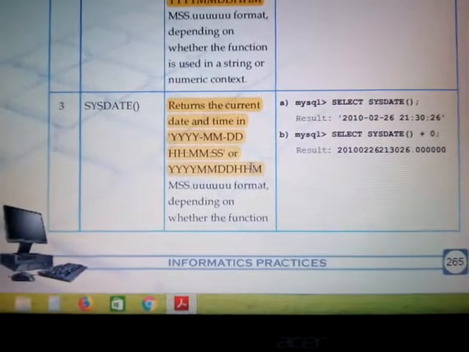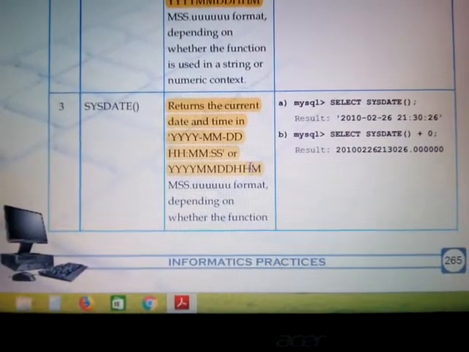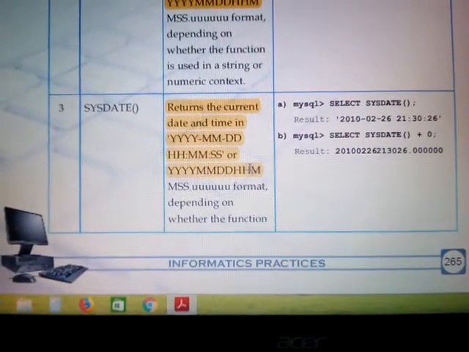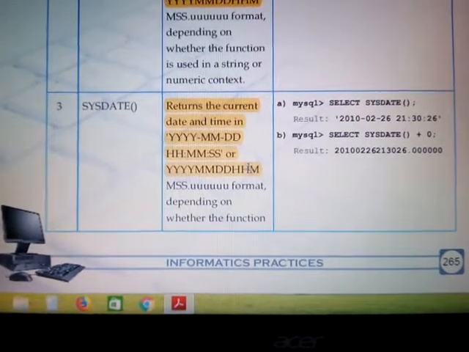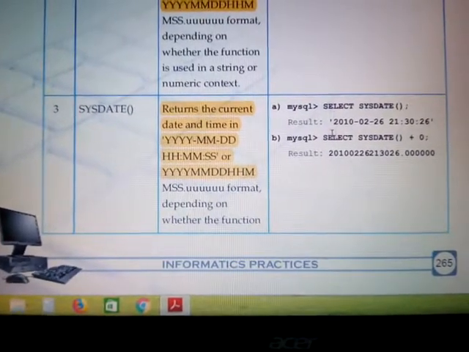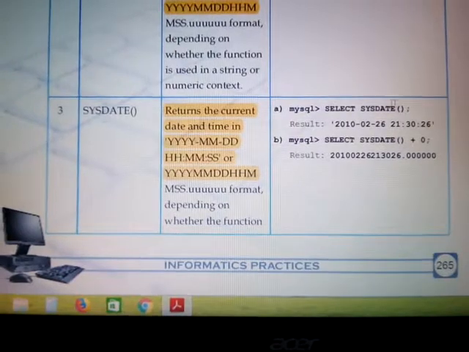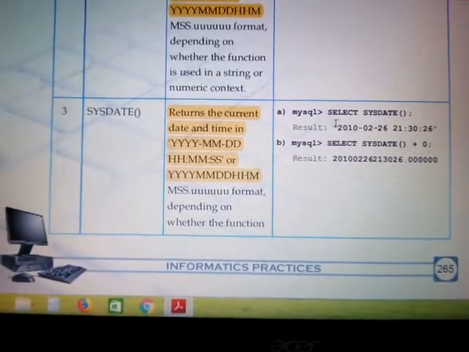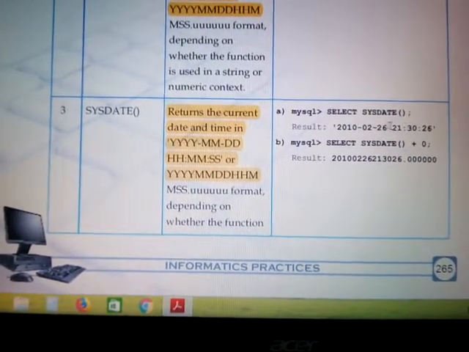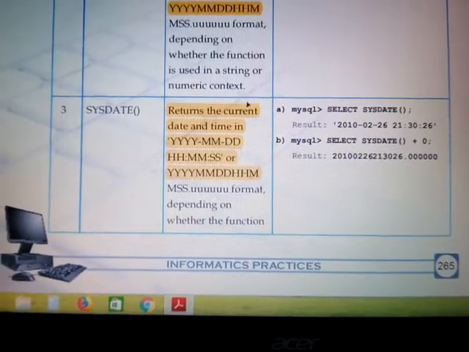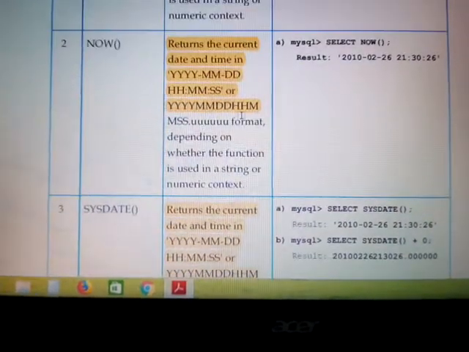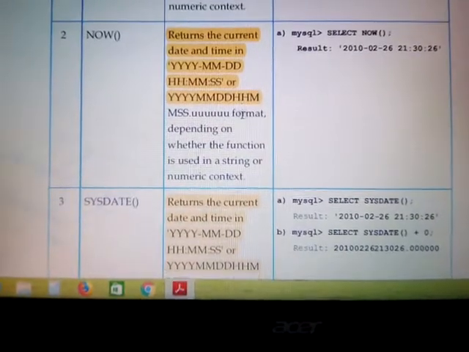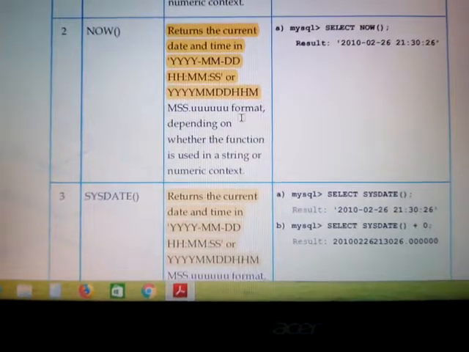Now see, if I say NOW and SYSDATE, they both perform exactly the same. So what will be the difference? First of all, check the example: SELECT SYSDATE. Again you will find the exact date and the exact time. So NOW and SYSDATE both function exactly the same. What will be the difference between these two?